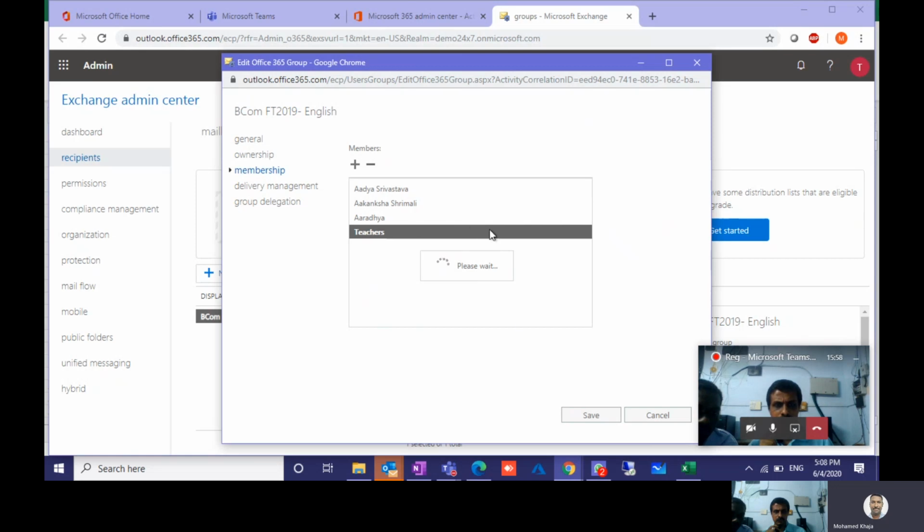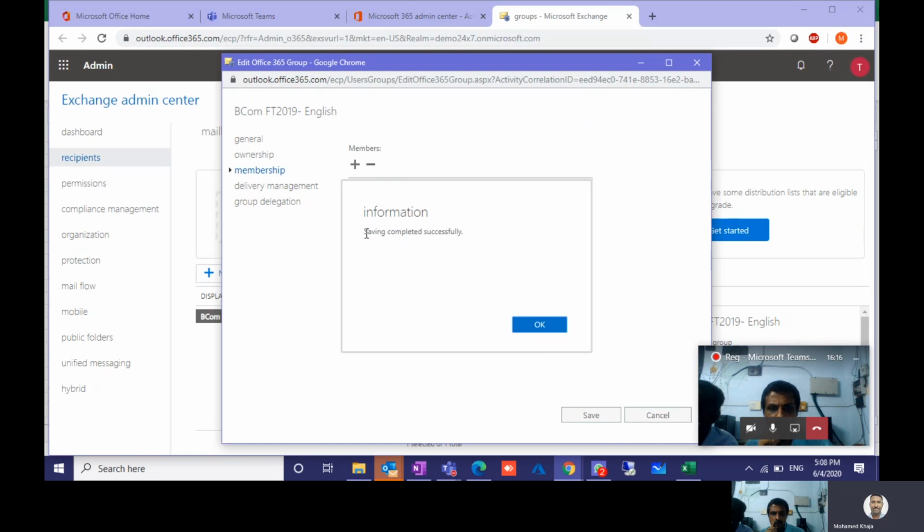After adding all the users, you have to save. If there are any members already, you don't remove any members because they are owners. Each owner should be a member first, then only he can become owner. So see, now it is saving, completed successfully.